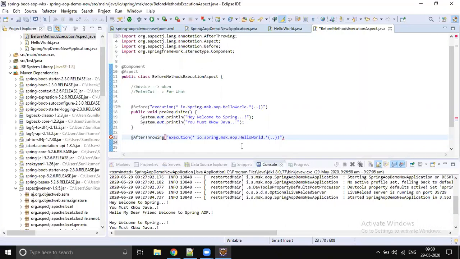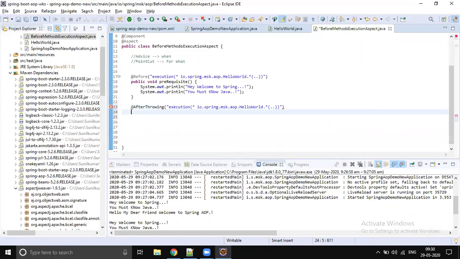Advice cannot execute until you configure the pointcut, until you say where it is going to apply. The bus conductor will not give you the ticket. Let's go to any ticket vending place, a railway station or airport, any automatic ticket vending machine. You should say where you are going to get down.